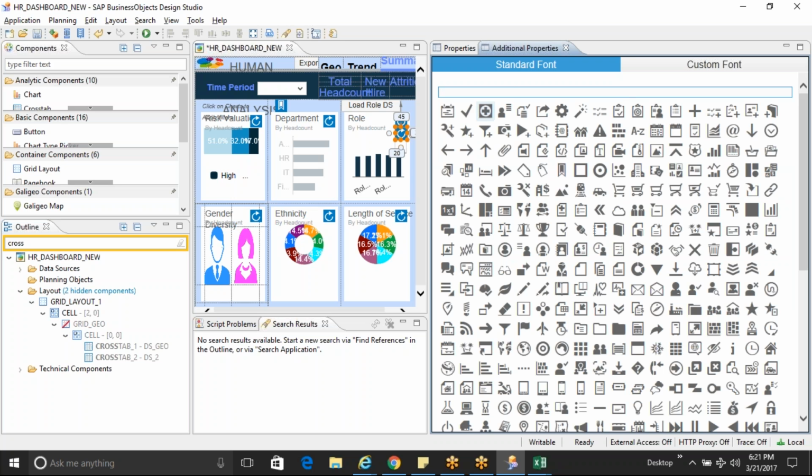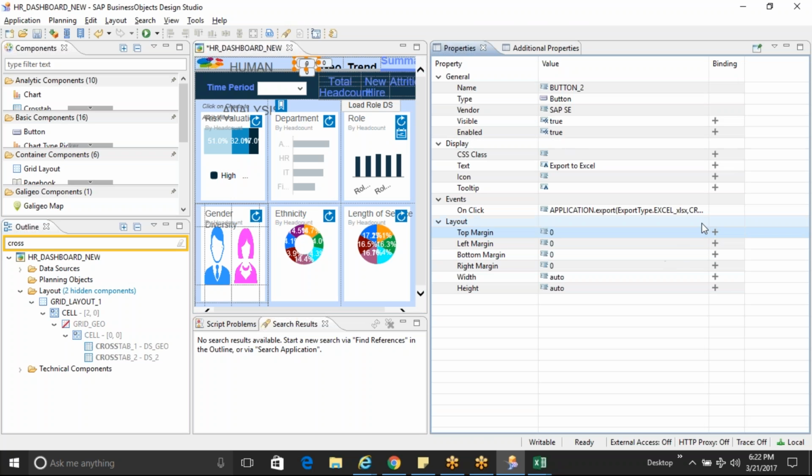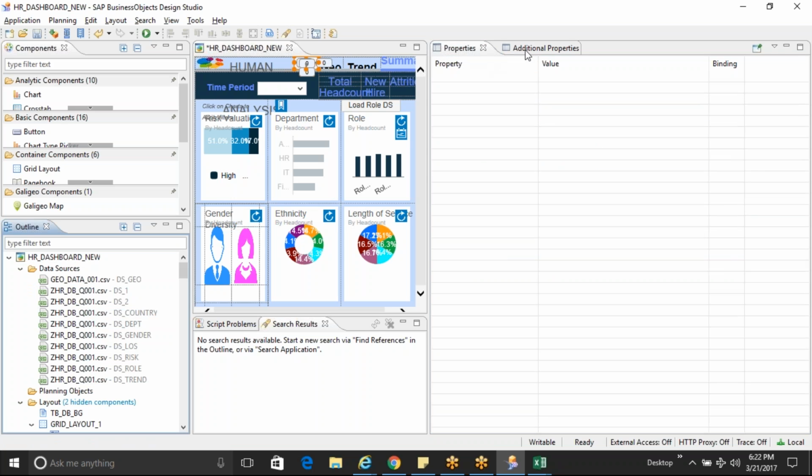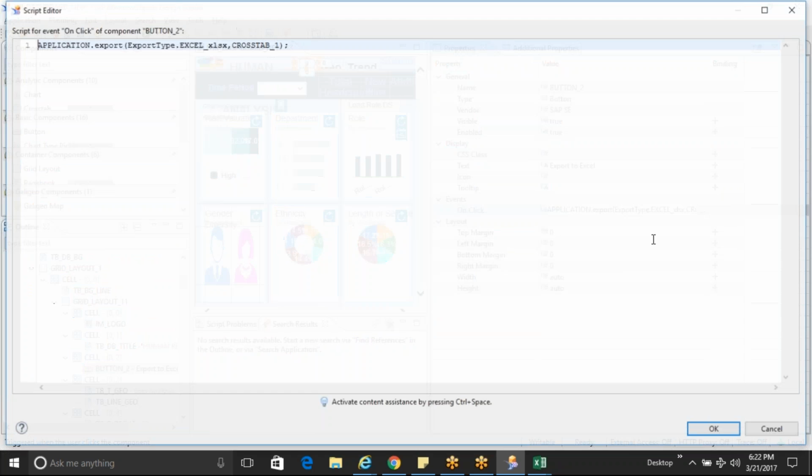So what we are doing is seeing how to export the cross tab into Excel. For that, we kept one button. I'll just recap whatever we have done; we started just 10 minutes back. In the same application, we inserted one button and named it Export to Excel. And on the click event, what is happening is